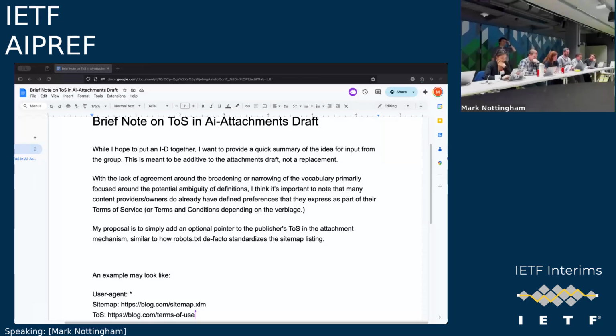Right. Just echoing some of the things that were mentioned here. Even though it might be useful as a pointer, I don't see how it relates to what we've been doing here and the progress we've made specifically regarding AI preferences. And it might just make it more complicated to dive in and understand what can or shouldn't be part of the terms of use. So the attachment itself is a whole different discussion, and adding this, other than pointing it out as you mentioned, I don't see the added value at this point.